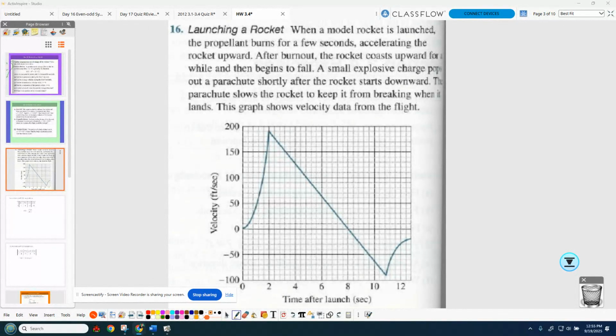So just a heads up, 3.4 is on the quiz. I did that wrong. So today is just a homework day to see, did you understand the homework yesterday, and to review anything you want for the quiz. And from the homework, this one is a very good